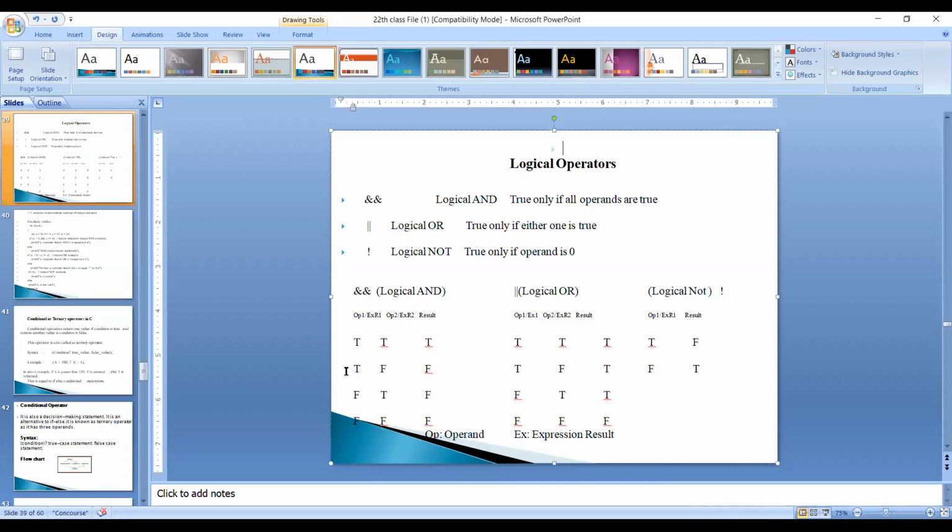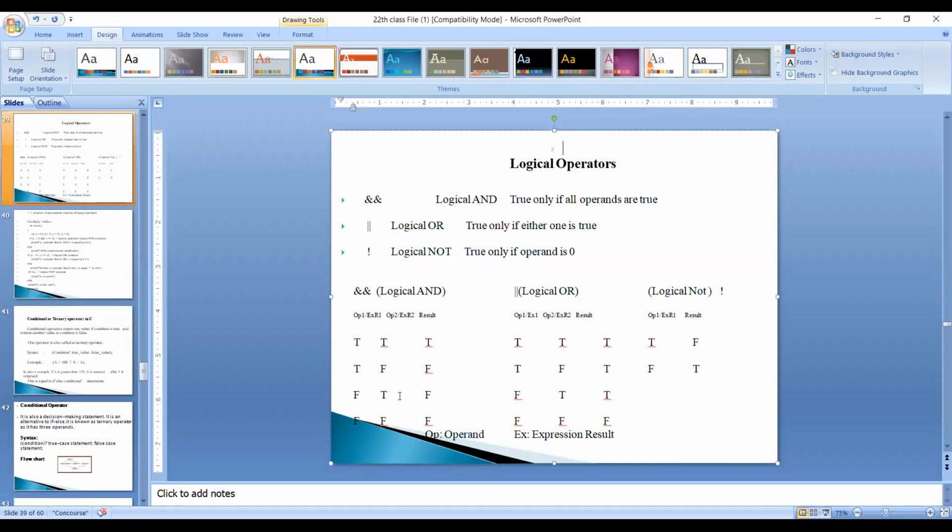If any one of the expressions is false, the result is automatically false. The operation is the same for both logical and bitwise, but logical operators are performed on expressions. You remember this, otherwise you will raise the same doubt again. Logical operators are performed on different expressions, but bitwise operators are performed only on bits, meaning 0 and 1.